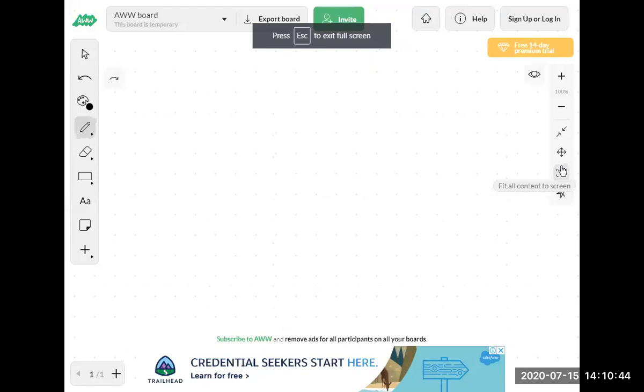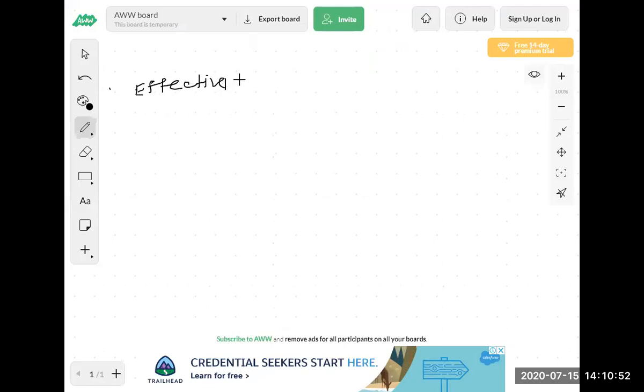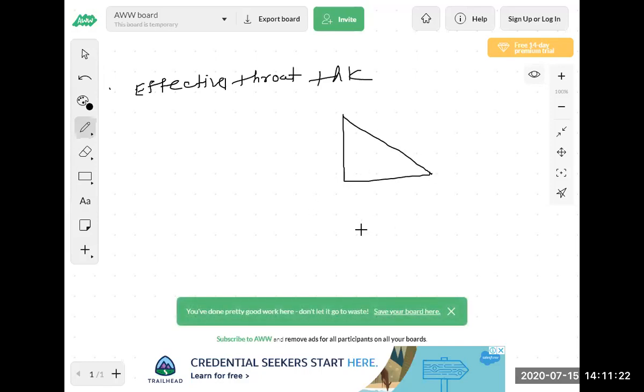Now see what is effective throat thickness. Effective throat thickness is generally called TE.